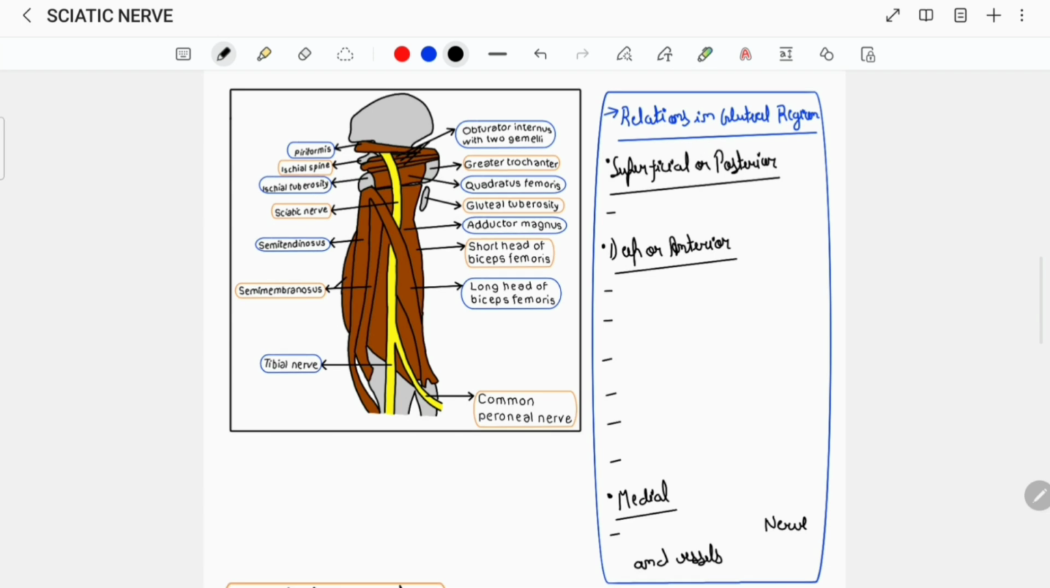Before proceeding, just a few points of relation of sciatic nerve in the gluteal region. Superficially or say posteriorly, it is related to the gluteus maximus muscle. Deeply or anteriorly, it is related to the following structures: the body of ischium, the tendon of obturator internus,